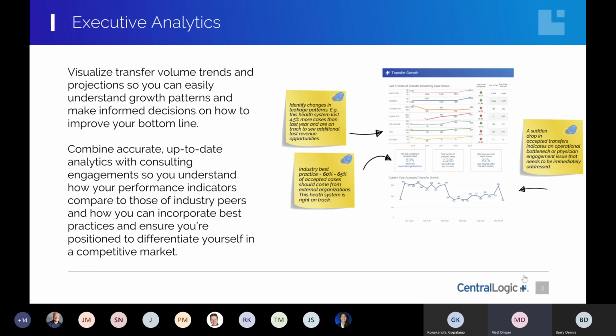Replicating a year where, sure, you had a lot coming in, and this first drop is explainable by COVID. That immediately organizations were asked to basically shut down any non-critical services due to PPE consolidation, some other factors involved in that. So sure, we see an expected drop, but as we see that recovery happening here at the end of May, what is this second drop? And to be able to see that very quickly in real time is one of the keys to starting to